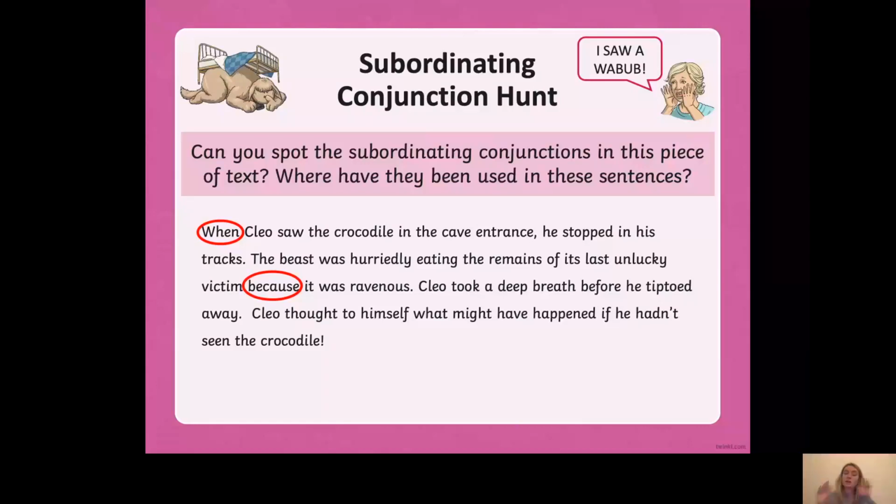But if we wanted to change this sentence around and put the subordinate clause at the start, we could say, because it was ravenous, the beast was hurriedly eating the remains of its last unlucky victim. Can you see how I've changed it so that the subordinate clause is at the beginning of the sentence rather than at the end like it